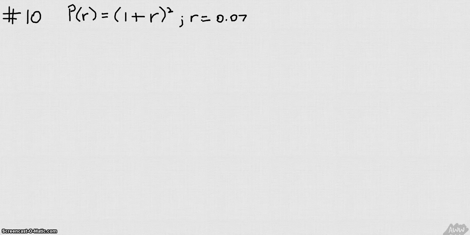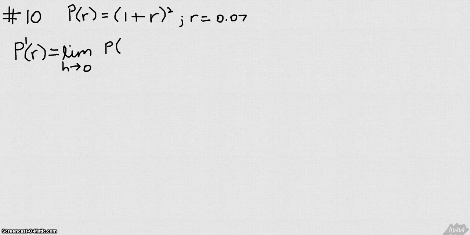So if you recall, to find the derivative, so we're trying to find p prime of r. We're going to take the limit as h approaches 0 of p of r plus h. So I want you to think about this. Typically we see f of x plus h because this would have been an f of x function. Since we have a p of r function, this now becomes p of r plus h minus p of r